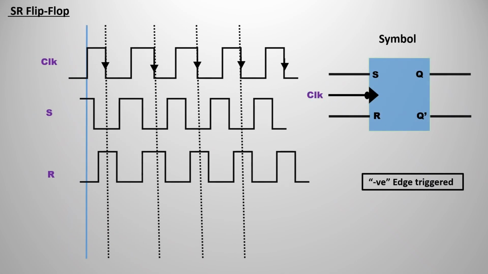In the same way, we are also going to confirm the negative edge triggering. So this is the block diagram that we already saw for the SR flip-flop. With the help of the negative edge triggering, we are going to indicate with a small bubble. In the clock transition, we are going to have the negative edges, going down. You can see over there. And I have taken two inputs S and R, and we are going to formulate the output Q.